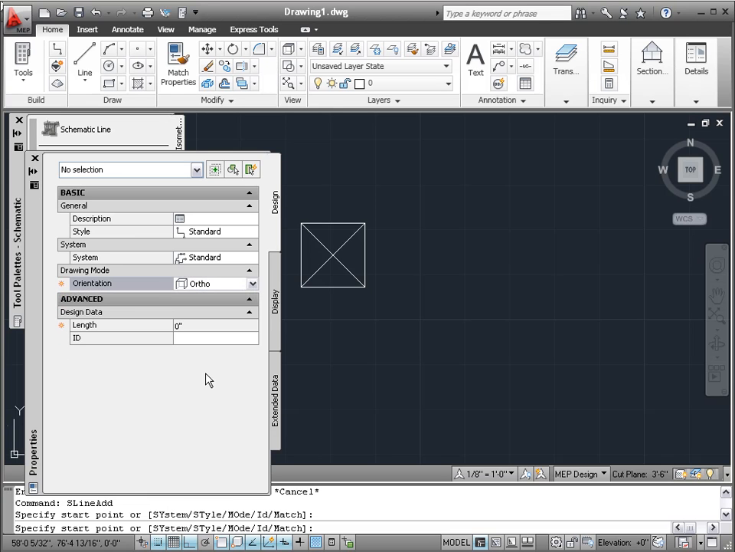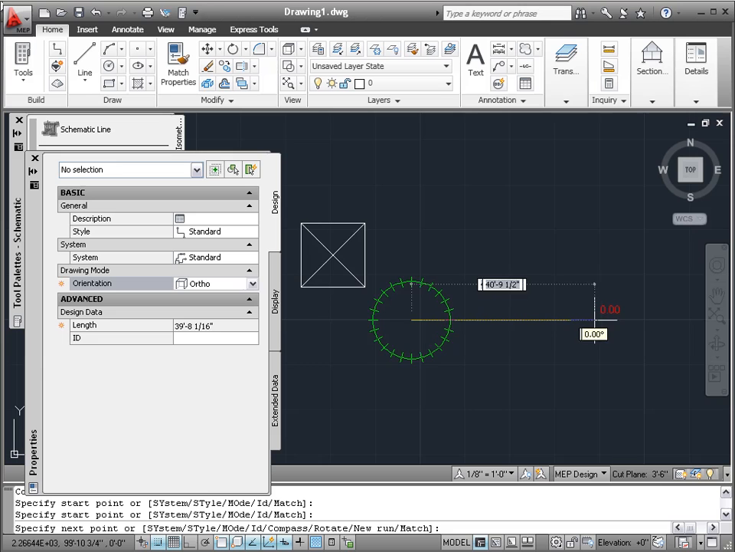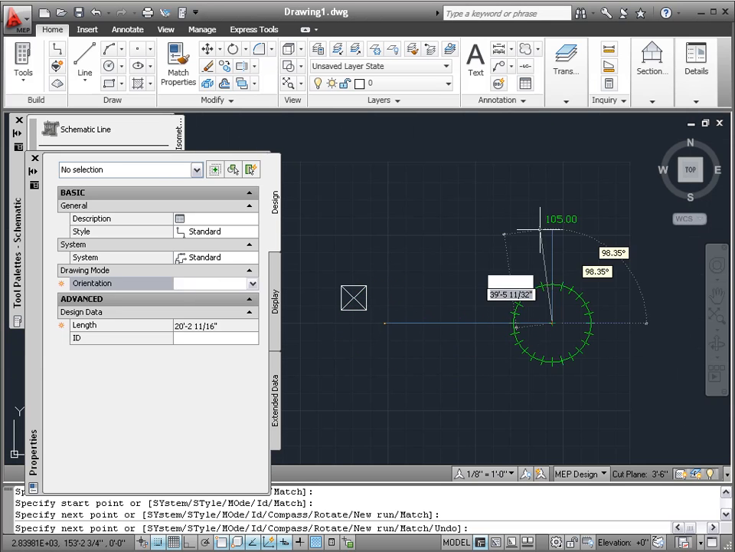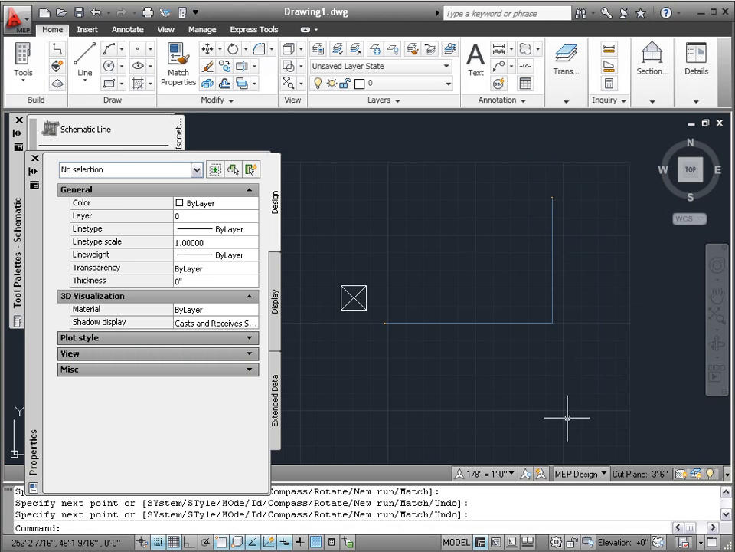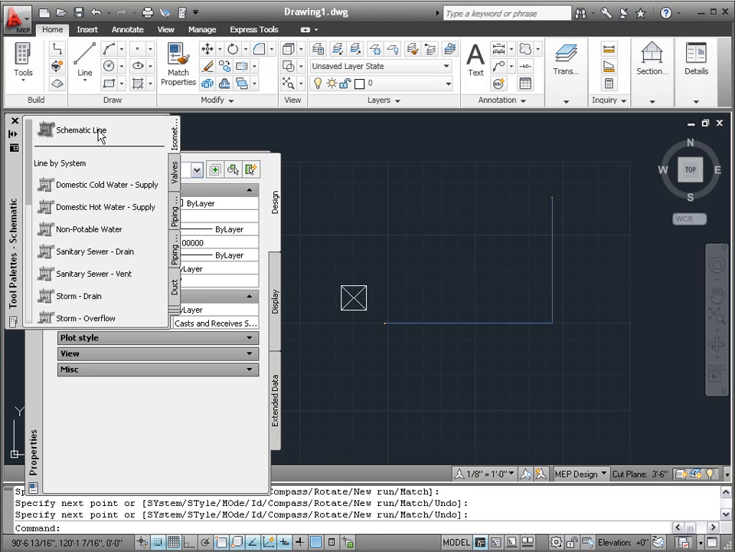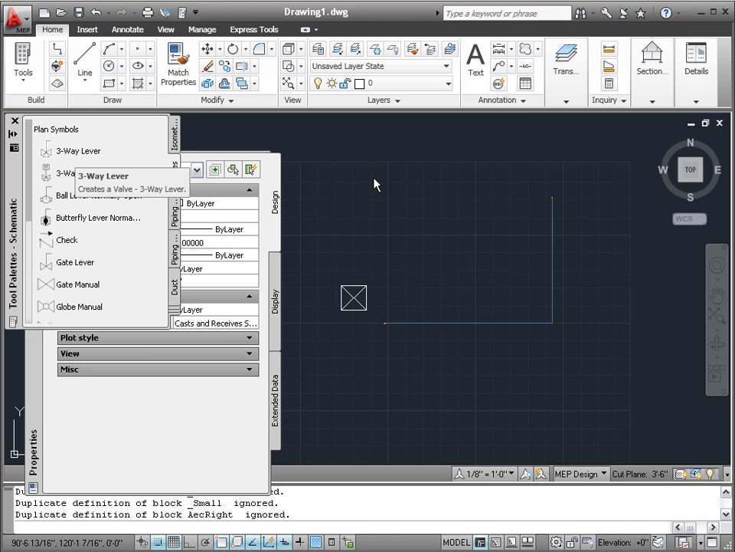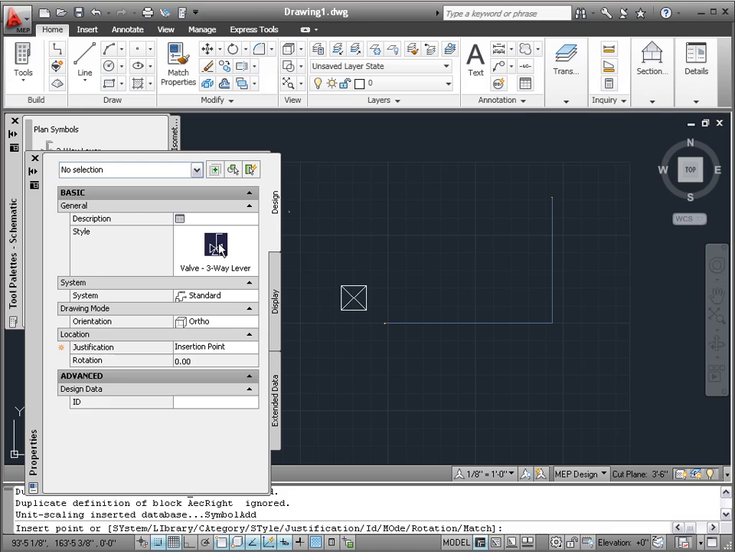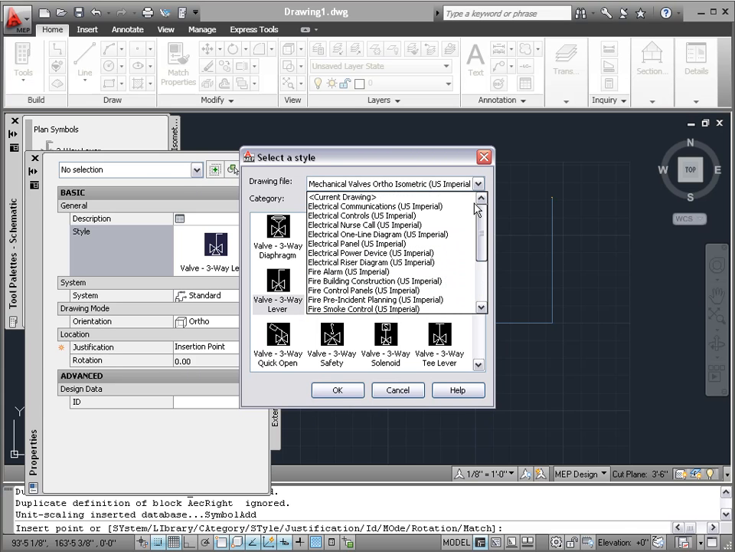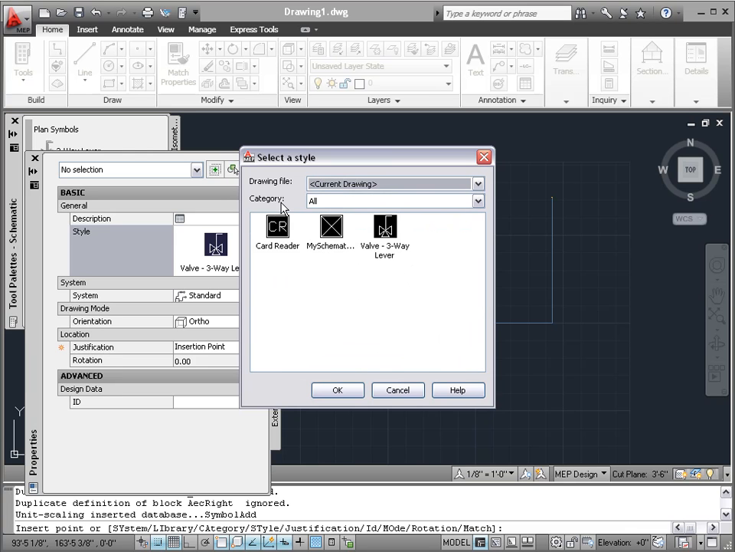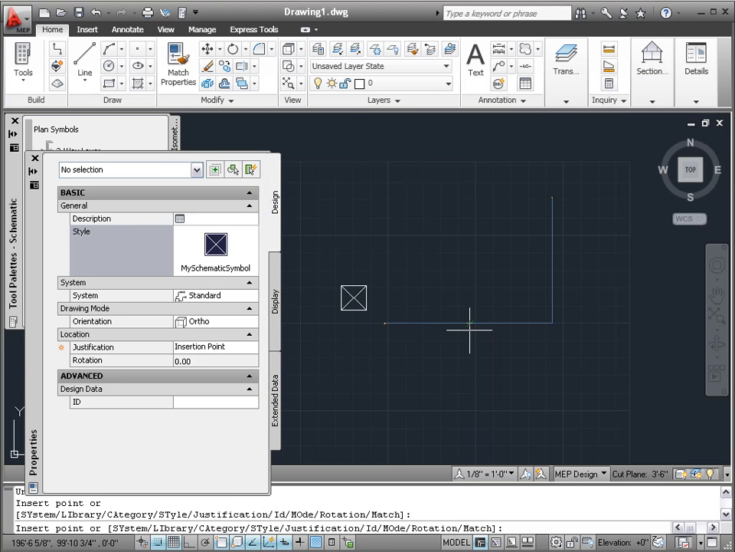Let's just say I want to draw an ortho. So notice that my cursor changes. So let's say I'm drawing some horizontal lines and some vertical lines, whatever. That's ortho. And let's go and add a symbol on here. So I'm going to just pick a symbol. I'm going to come down here, and here's the style drawings. It always defaults to the style drawings, but I'm going to change it back to the current file because I created my symbol in the current file. Here's my schematic symbol, and I'll just put it right on